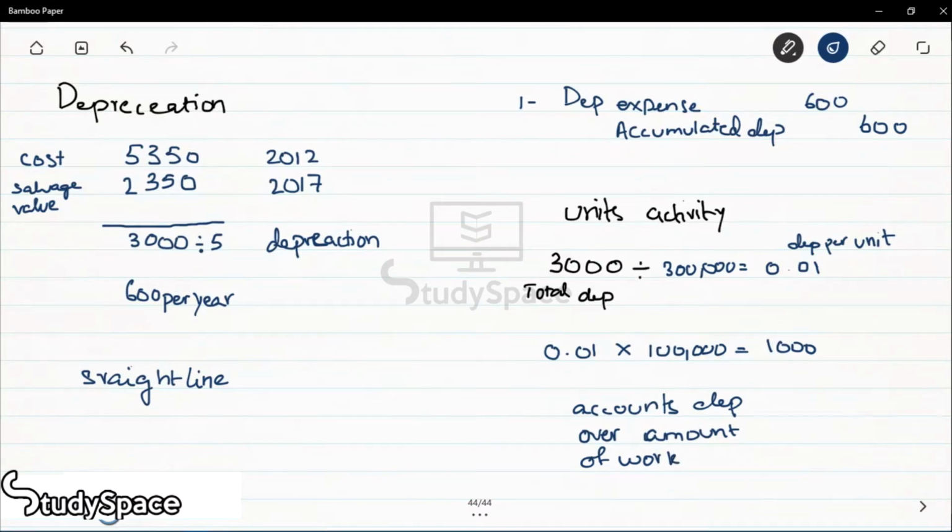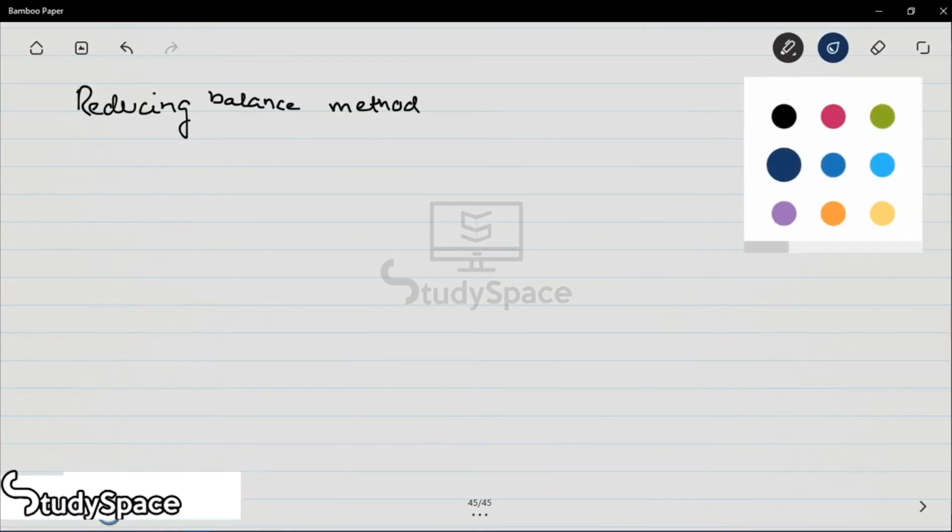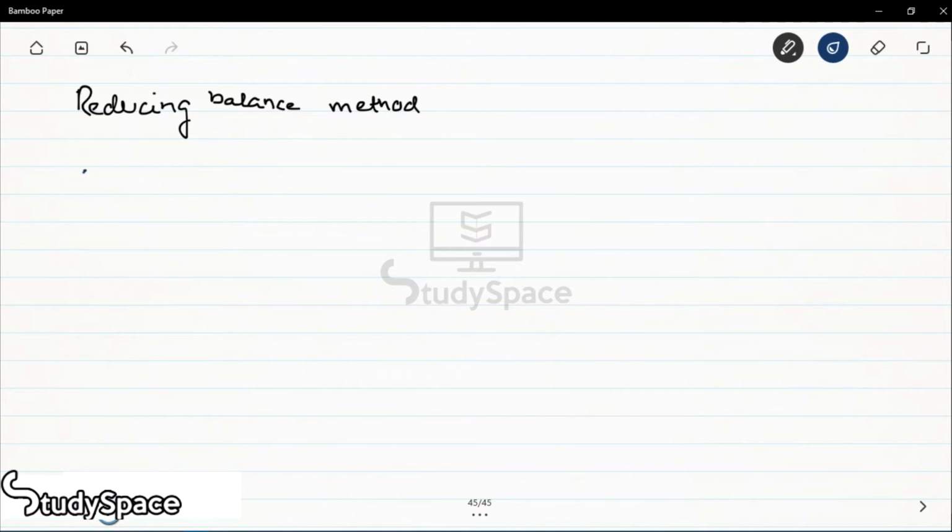The third method is the reducing balance method. Under the reducing balance method, the company sets aside a certain percentage that it applies every year to the value of the asset, reducing it to a certain balance. So under the reducing balance method, this percentage has been decided beforehand by the company. Say in this case the percentage is 40. So we would multiply the total cost by 40% to calculate the amount of depreciation for that year,